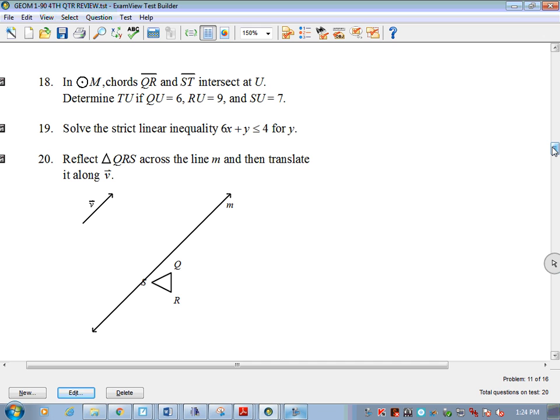In circle M, chords QR and ST intersect at U. Determine